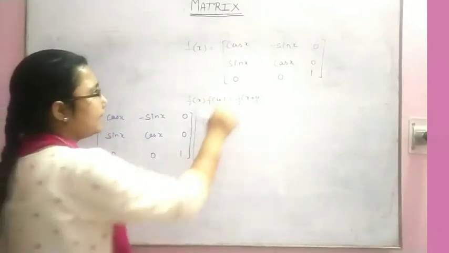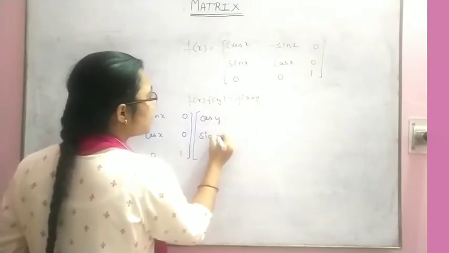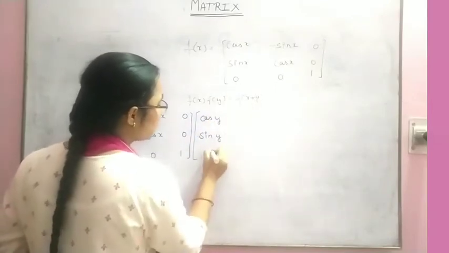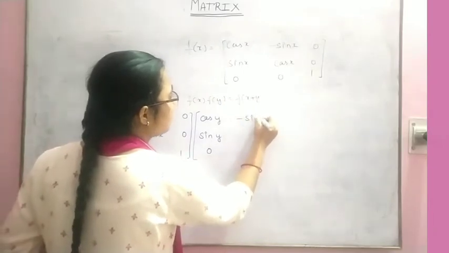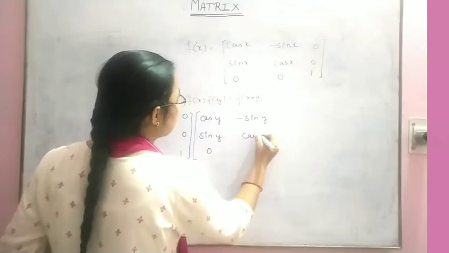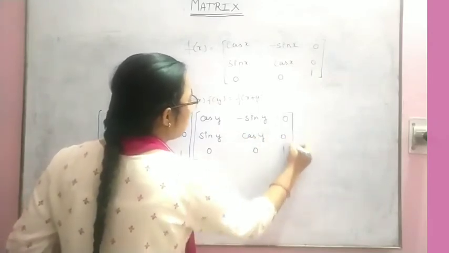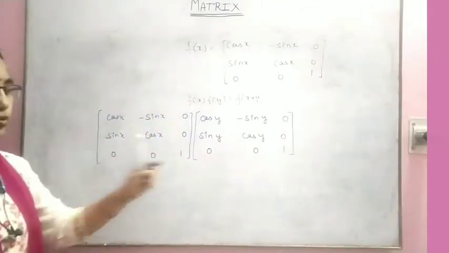Then f(y): we have to put y in place of x, so cos y, sin y, 0; minus sin y, cos y, 0; 0, 0, 1, and then multiply these two. We get,